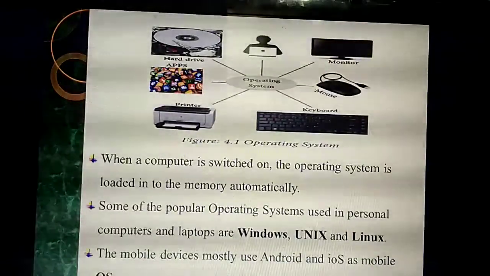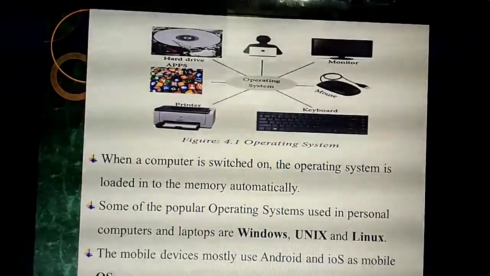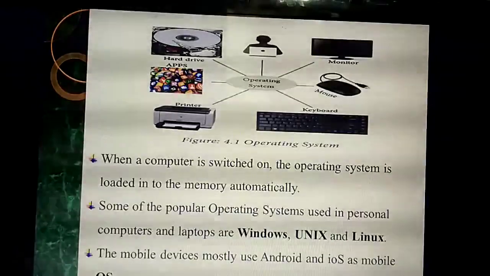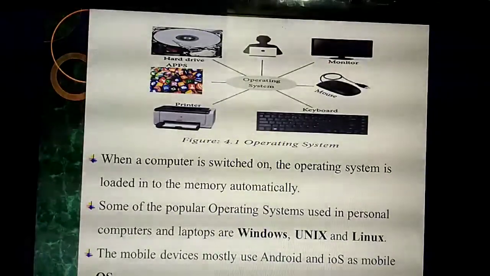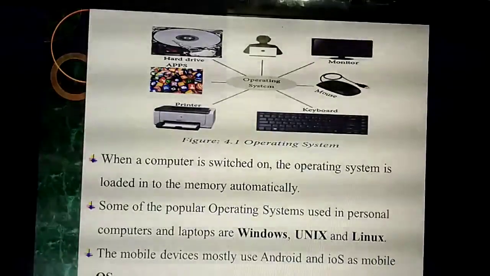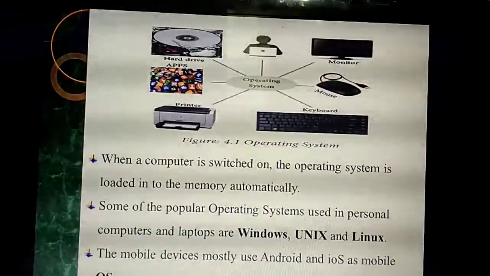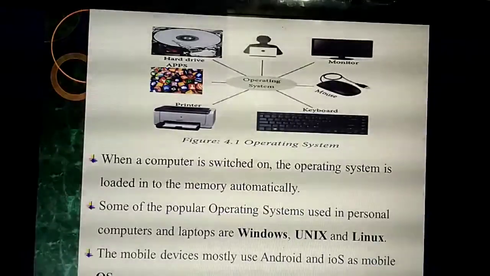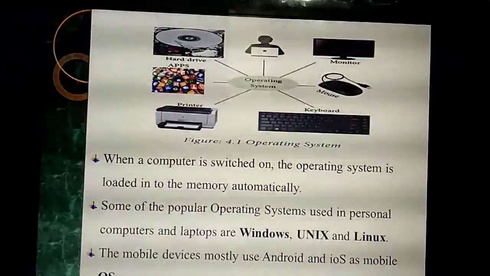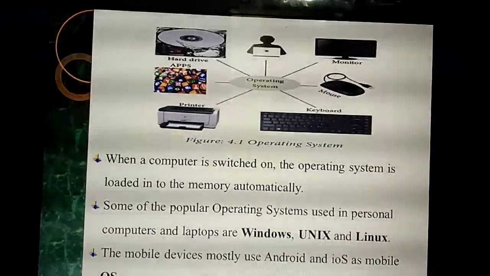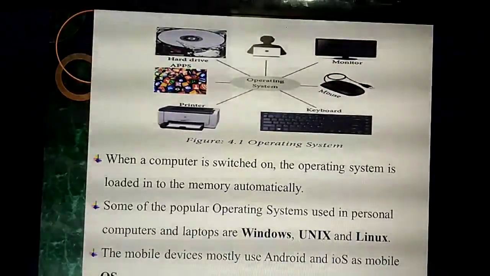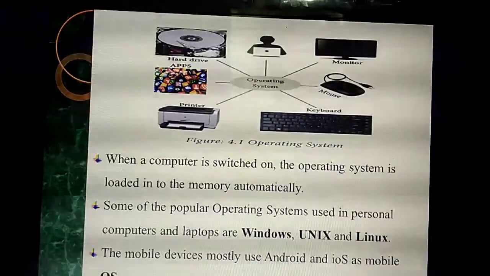So when you switch on the computer, immediately that operating system, that means Windows XP, Windows 7 or anything, the particular operating system will first be loaded in the memory. Automatically it will load. That process only we call booting. Understand? So immediately when you switch on the system, a particular screen will come. What is that screen? That is called the operating system screen, the OS screen. So once you switch on the computer, which will be loaded first? This operating system will be loaded where? In the memory, automatically.